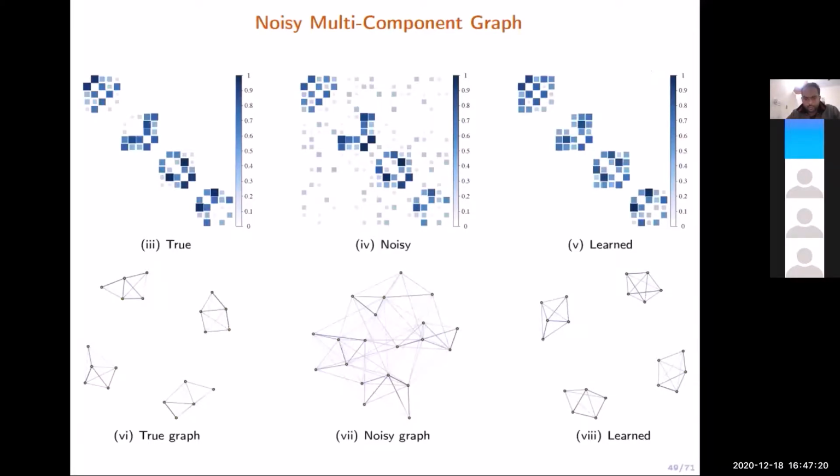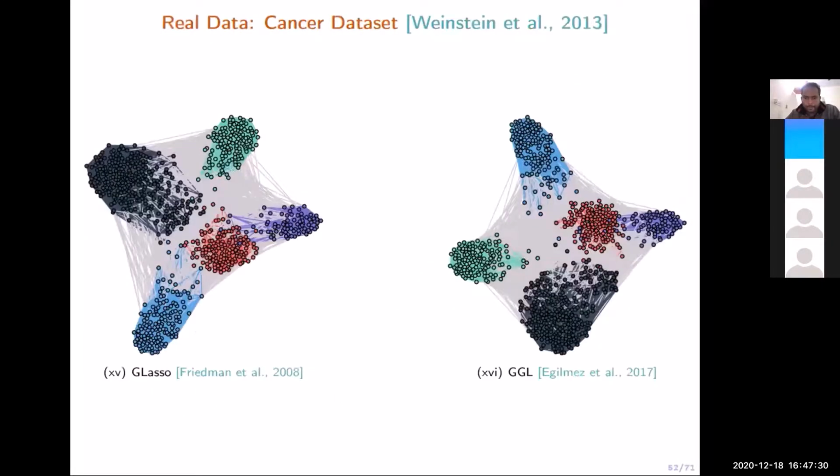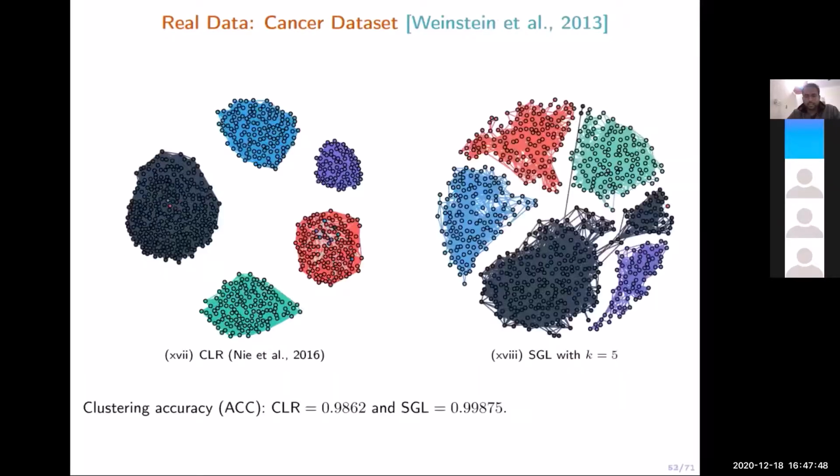Before coming here, I just want to discuss some examples. These all are demonstrations that our algorithms are working well. This we have done for the cancer data set. We have clustering. We have used the existing GLASSO method, GGL method, to learn a graph directly from the data. At the same time, we want to cluster, but these existing approaches fail to put clustering, so they fail to identify that the clusters are there. So this is the graph that we have learned, and we have compared that with the existing state-of-the-art clustering algorithm. So we have performed well.